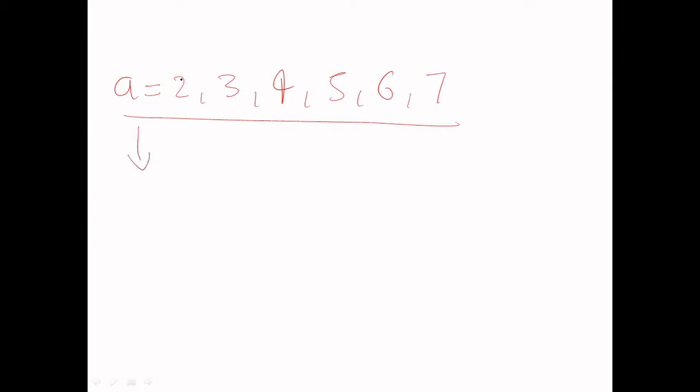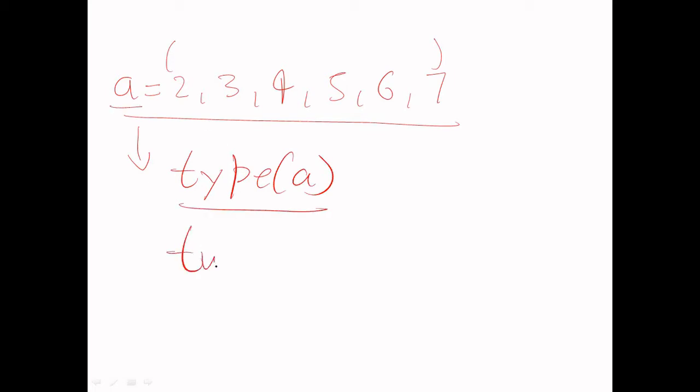One more important thing is that in Python, if we write any statement like this, it is basically a sequence of elements. So this sequence is by default called a tuple. Even though I have not used the parentheses, if I check the data type of this variable a, I will get the answer tuple, because the default sequence is the tuple.